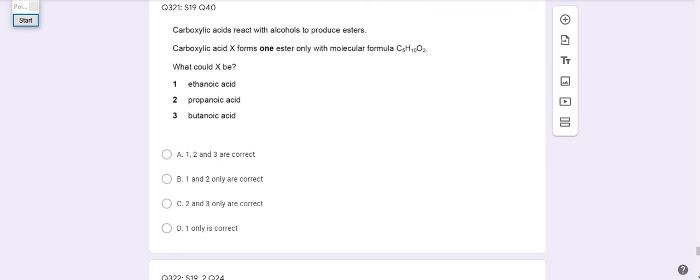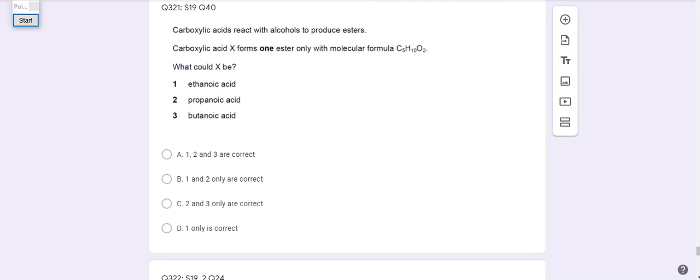Chapter 17, question 321. It is about esterification. So, which carboxylic acid forms only one ester? Okay, with molecular formula C5H10O2. So, in this question, what you're trying to find is,